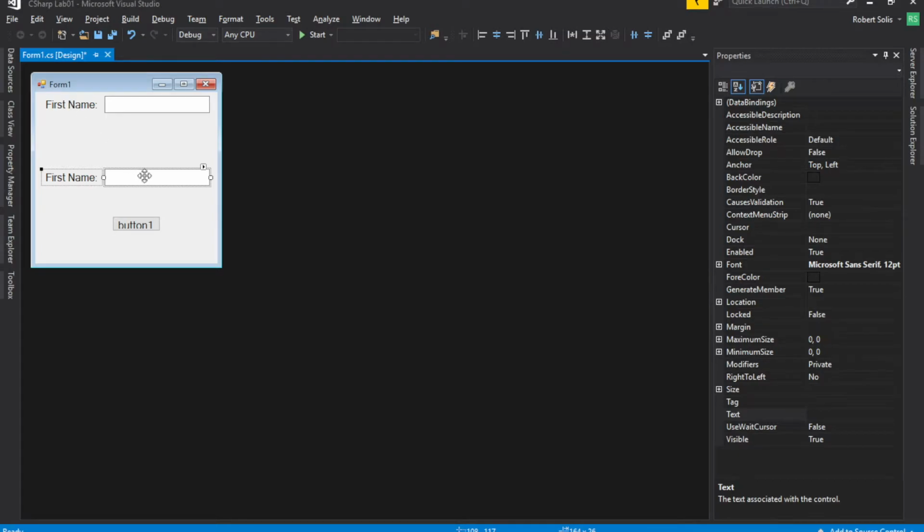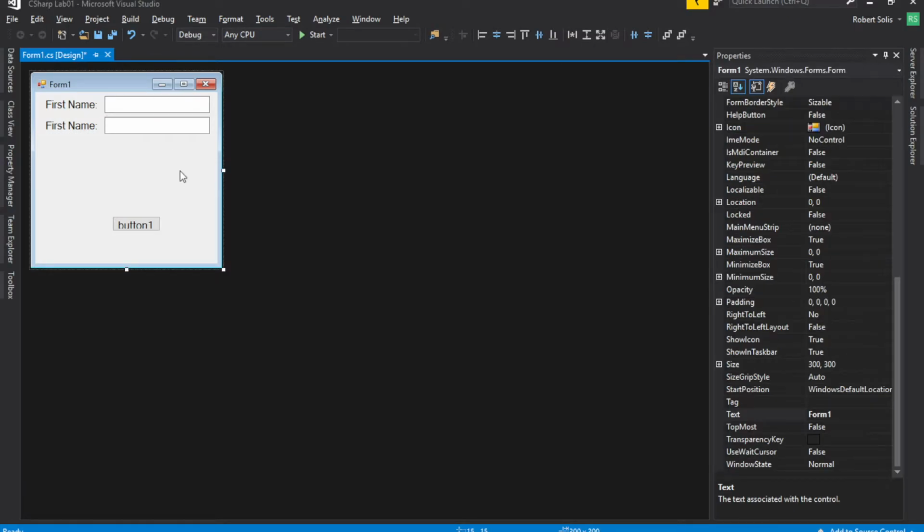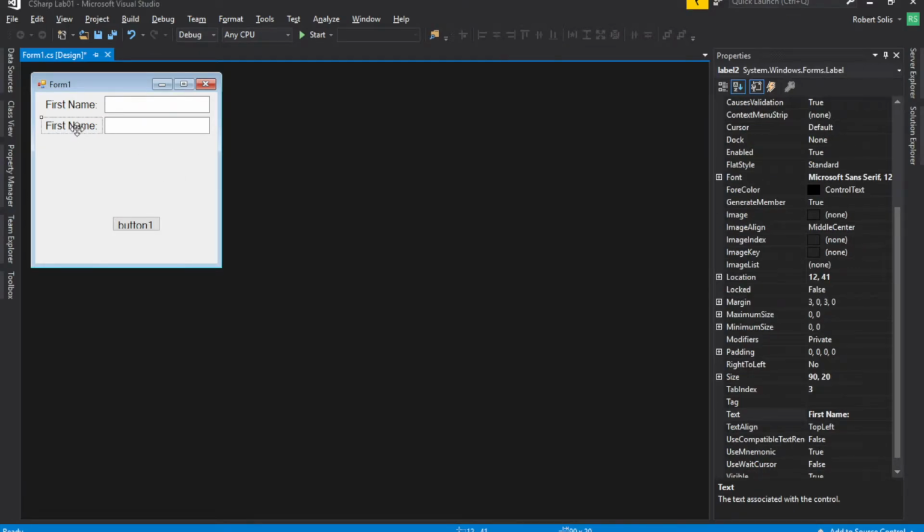That's copy and paste. Let me move this into position. This looks good right here. I'm going to unselect by clicking down here, and then I'll select just this label by itself. Now this label needs to say last name, and so I'm going to select that, and then I'm going to